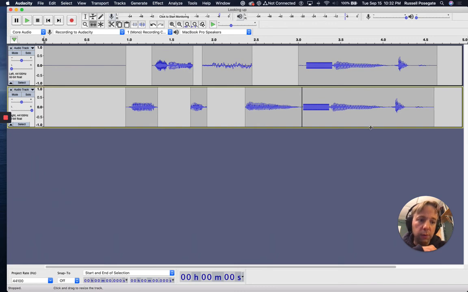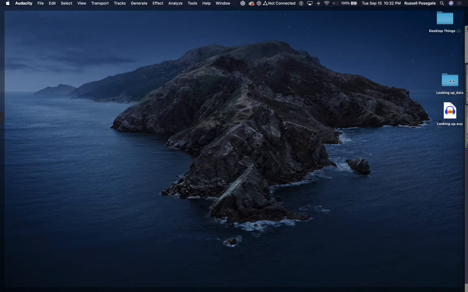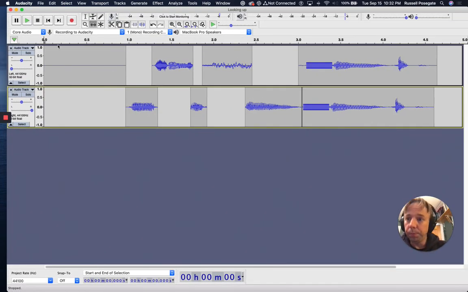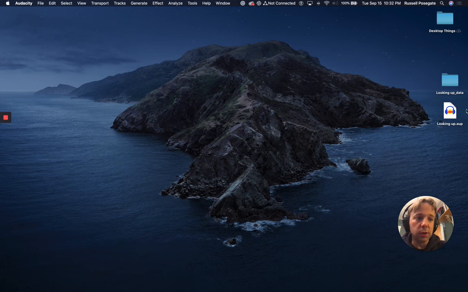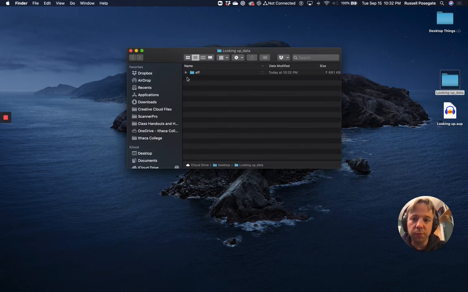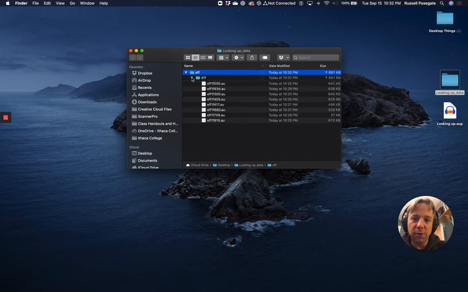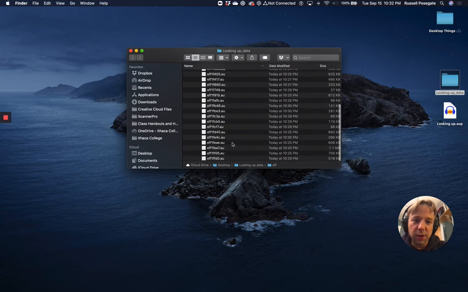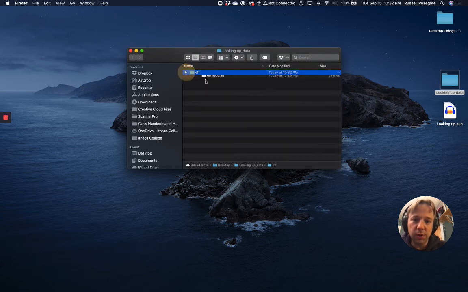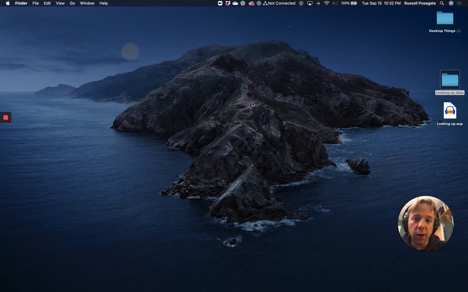And if we look at this folder, this folder is going to contain all the little sound files that we use. It's going to contain those so that you can actually recreate the whole project and not just the sound. Now, if you wanted to listen to this, you're going to have to